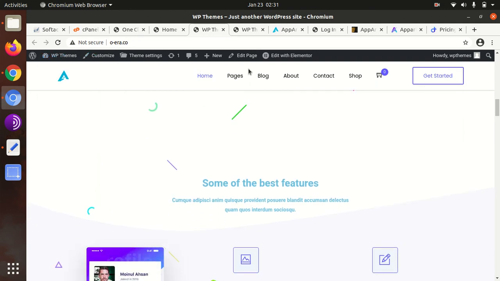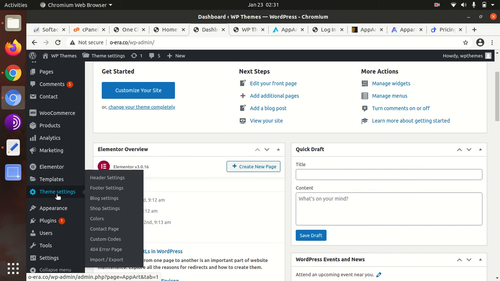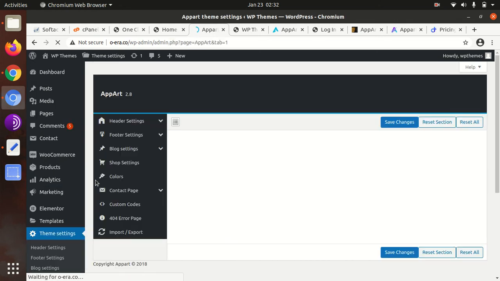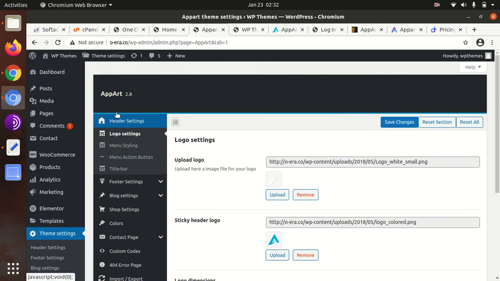Now we can check the theme options we got in the WordPress panel, and I will show you how to edit the page as well. Just be with me in the video. These are the common options, and the theme setting is here. So I'll show you the header setting. These are the theme options. In fact, all theme options are here. This is header setting, logo setting,